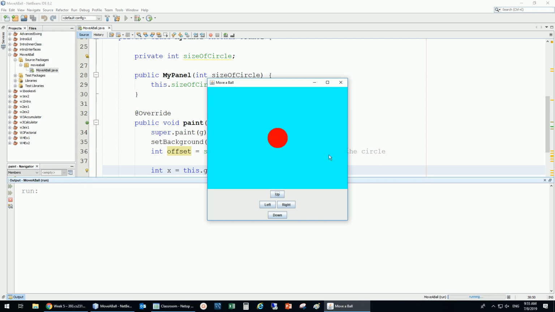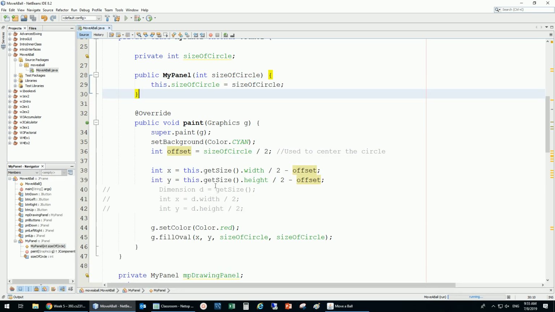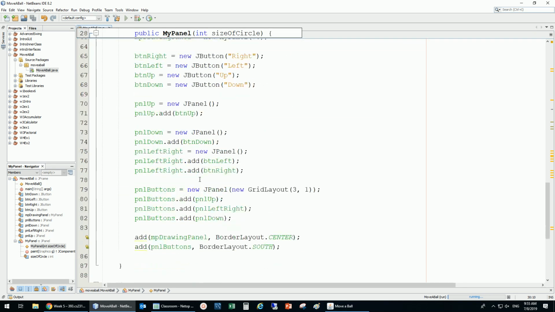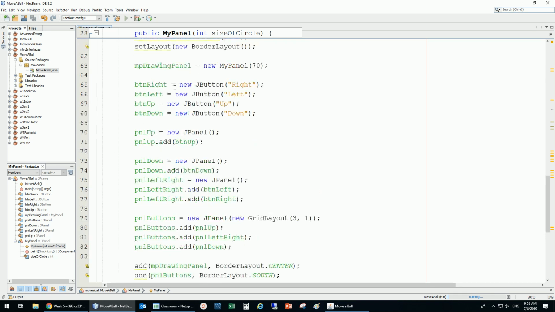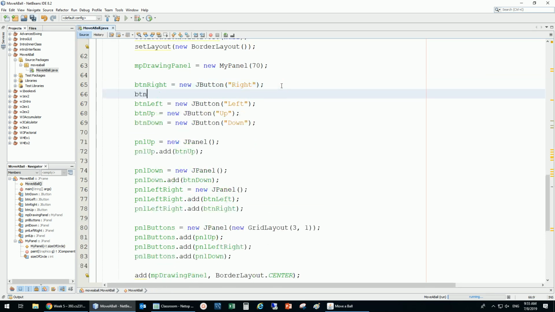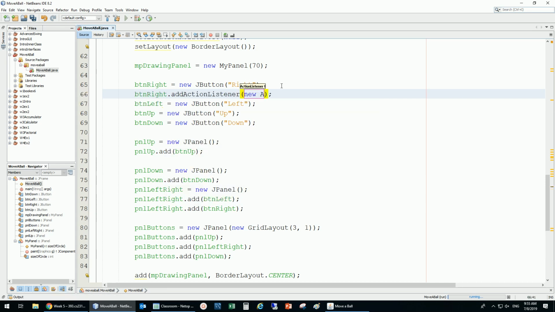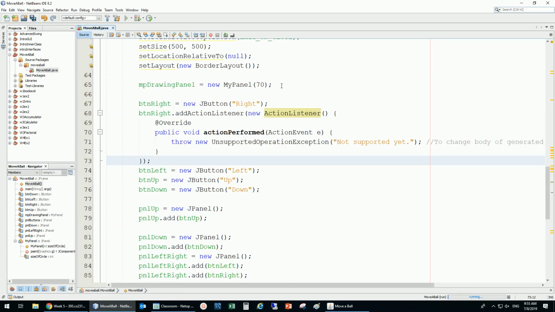Okay, this being said, I'd like these buttons to now move this circle. It seems fancy, but it's very easy. First of all, what I need to do is create some action listeners for those buttons. So let's say now I'm looking for the buttons, where here they are. Now for the button right, I'm just going to add an action listener, which is a new action listener. And then inside of here,